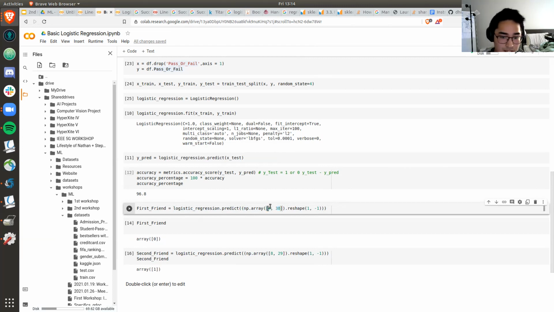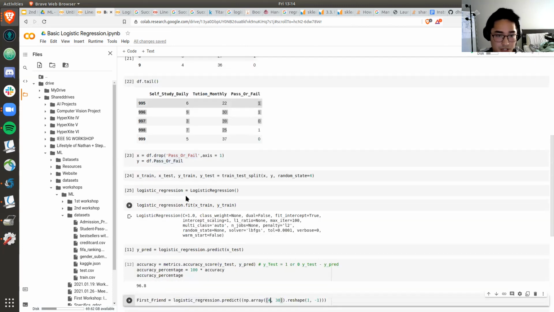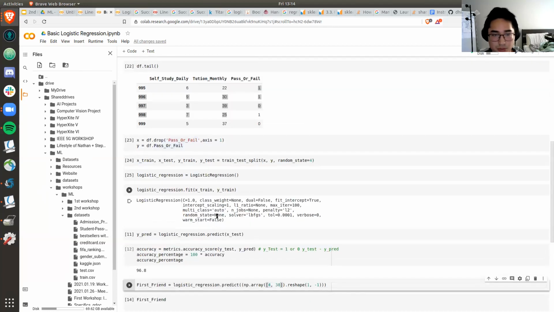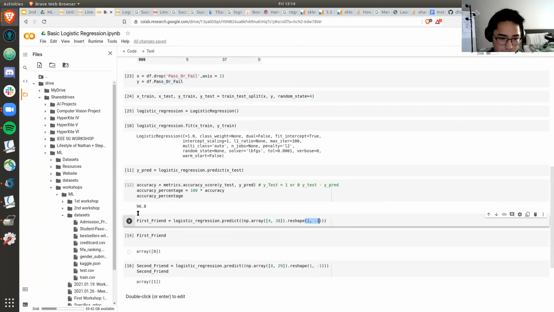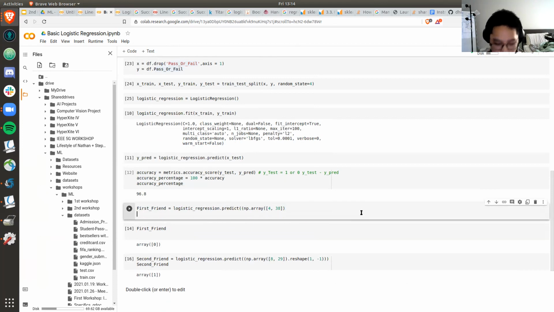Now, what 4 represents in this case is the amount of hours I put into studying, and the amount of money I spent that month for my tuition. What reshape does is actually just reshape your matrix. So let's say we have this. Let me just delete this. And now we want to know the shape of this matrix.